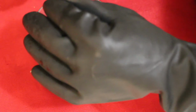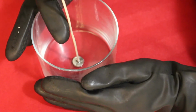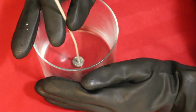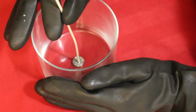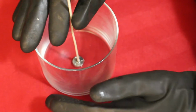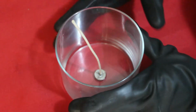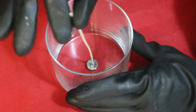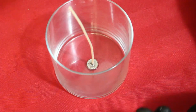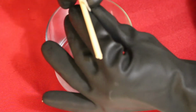So I like to support mine until I'm actually sure that it's held on. So I'm just gonna give it a little bit of time and then I'll secure it. So I gave it a few minutes and it's actually secure. So this is a little stick. You can use anything just to make sure that your whisk is